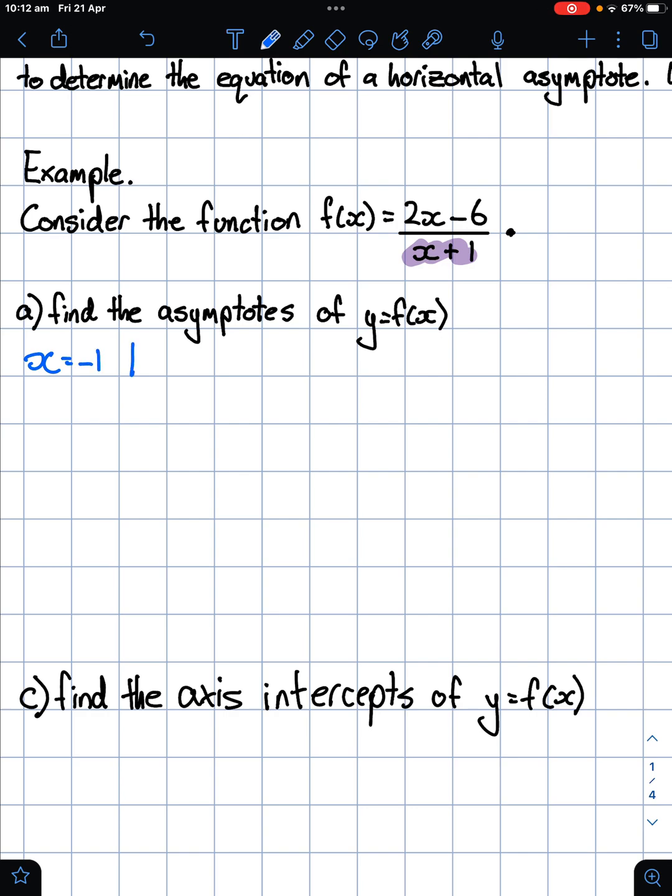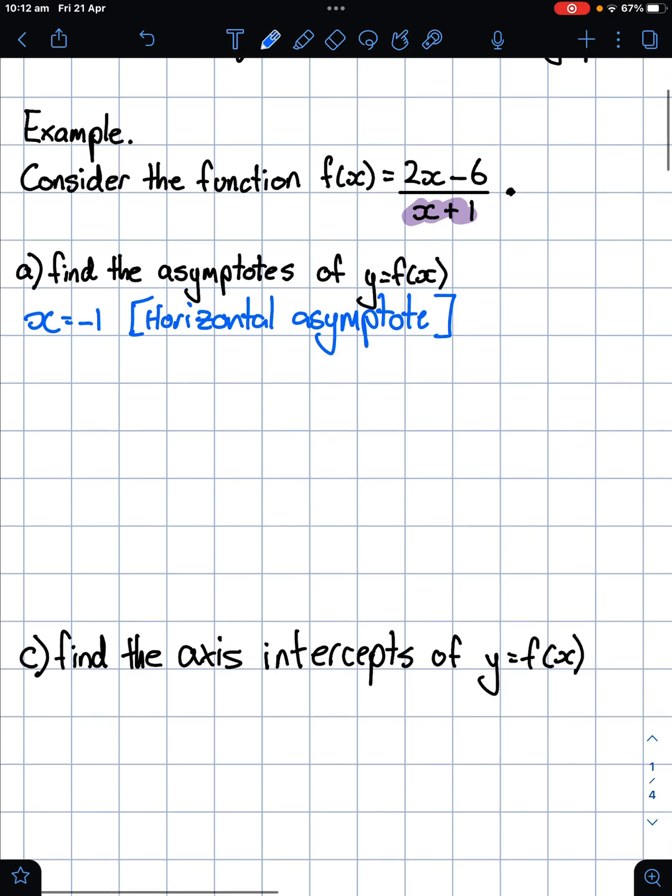Okay, and I'm just going to put that in here, vertical asymptote. Now, the other thing we're going to have to look at, being a linear over a linear, we have seen these before, but let's keep going. Next we work out, as x approaches infinity, the denominator would approach infinity, but the numerator is going to approach 2 times infinity. And so we're going to see an asymptote here at 2,